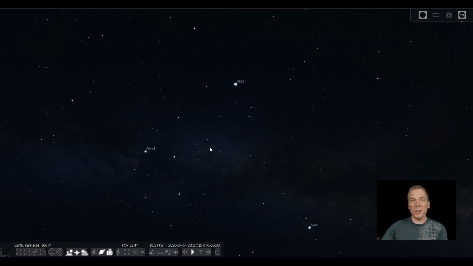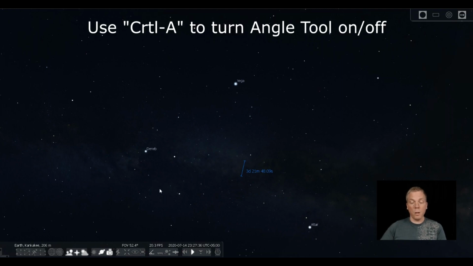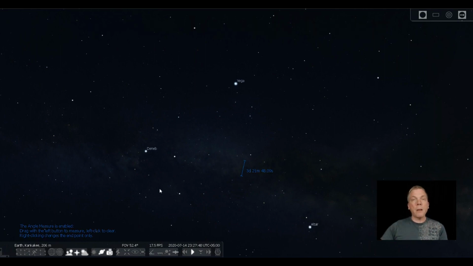Now here's the important part to remember: if you want to move around now, you're going to wind up doing this and you won't be able to actually move, so you do need to turn it off. I have this particular bar of icons all set up so it's locked in place, so you would have to go back over here and turn this off. Another way to do that though is you can hit Control and A on your keyboard, and then it goes away. You can also add it back in by hitting Control A and do it that way, so you don't actually have to keep going back over and using your mouse to be able to do that.